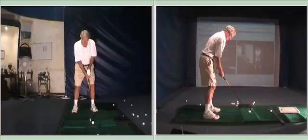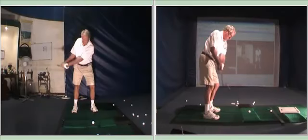So I'll just roll this model back and we'll talk about what causes it, and indeed the mechanical fundamental flaw that this gentleman has that allows his pull slice to happen. And actually, what he's done to overcome it is made a fairly substantial grip change, which has ended up turning it into a pull hook. But nevertheless, for the purposes of showing what causes the action that affects swing plane and club face position, this is a good reference. I'm just going to wind him back to the top of the backswing,